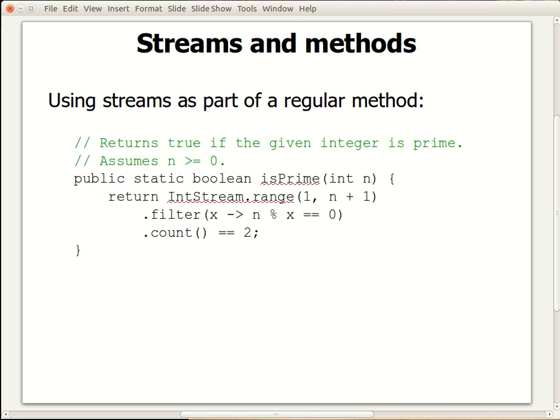So we can use streams along with all the other things we've learned previously. Here's an example that makes a regular, normal method, but part of the code for that method uses streams. It's a fairly simple implementation of a prime number checker. This isn't really the best algorithm for doing this, but what you could do, if you want to know whether